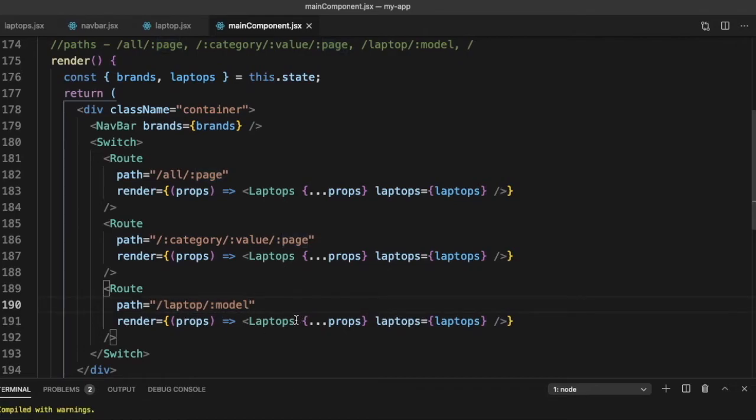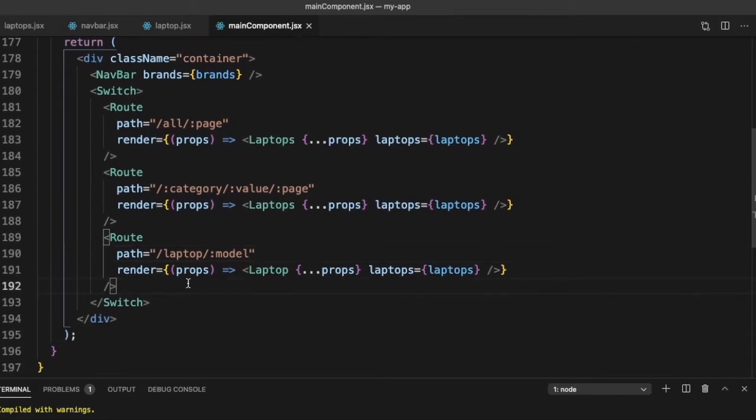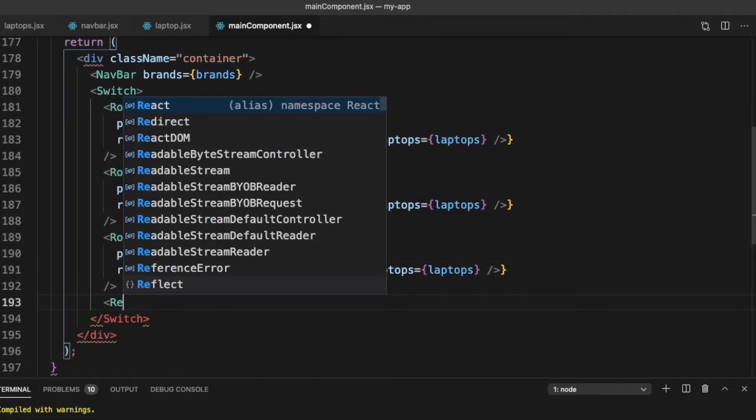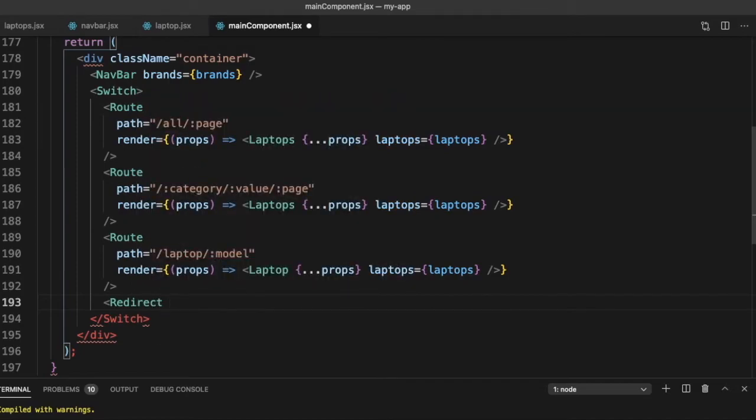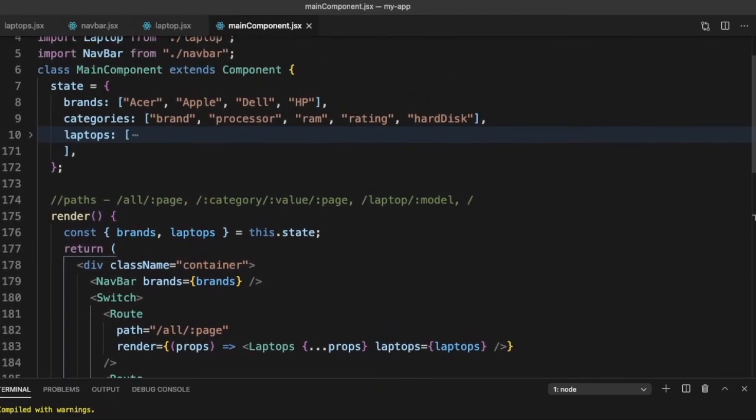And what do we call here? We call laptop with the same props. Why do we want to pass laptops? So that we'll be able to find the value of this model from that. And then we need a redirect wherein from is equal to slash and it goes to is equal to slash all slash 1. So this is our main component.